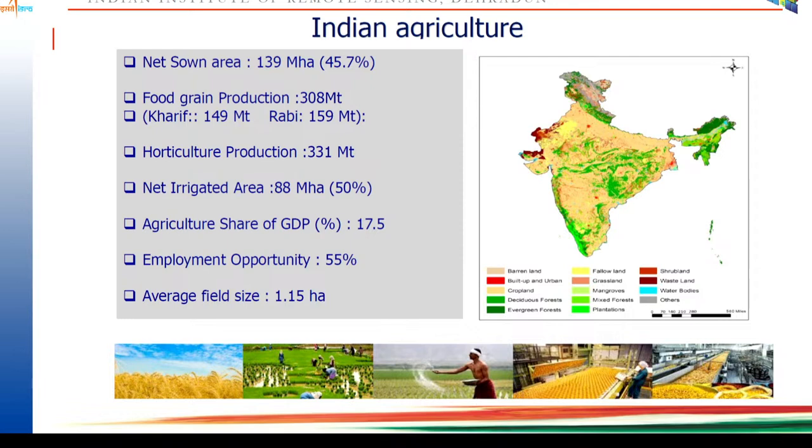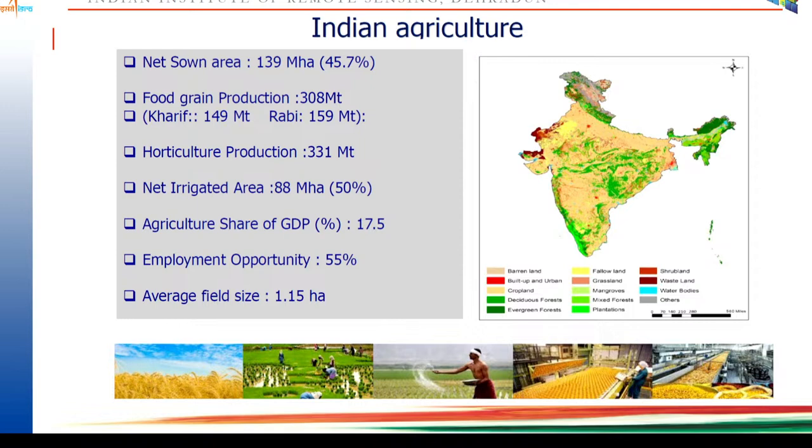Indian agriculture, by statistics, as of today, food grain production has touched almost 310 million tons. Of that, Kharif is 149 and Rabi is 159. Horticulture is also around 331 million tons. But more specifically, agriculture contributes significantly both in gross domestic output, and its contribution in employment generation is quite